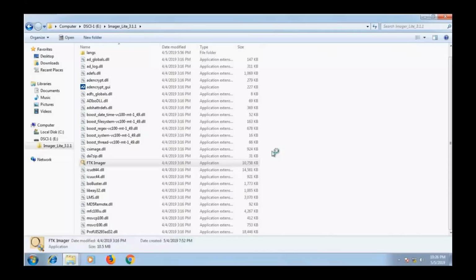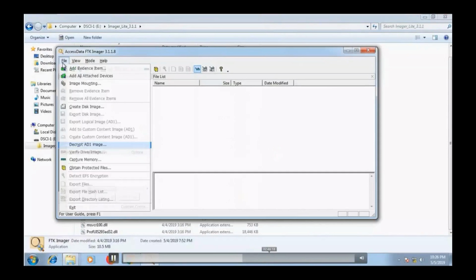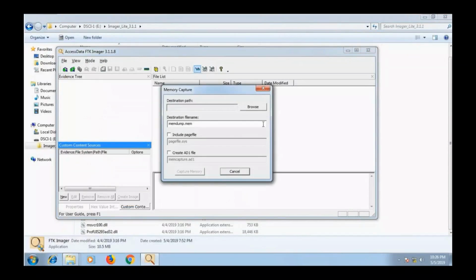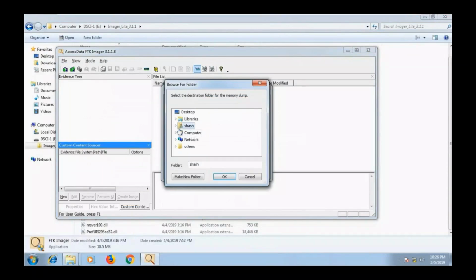I'm just quickly showing you. It takes time. So I opened the FTK Lite tool, which was copied in the pen drive. It's a portable executable where you can just copy. Installation is not required. And make sure that you will not store that